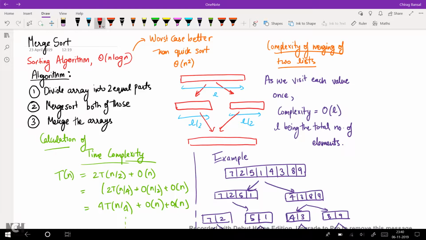Merge sort is a sorting algorithm with time complexity theta n log n. Therefore, it is an effective way to sort things. It is even better than quick sort, which has a worst case time complexity of theta n square, whereas merge sort has a worst case time complexity of